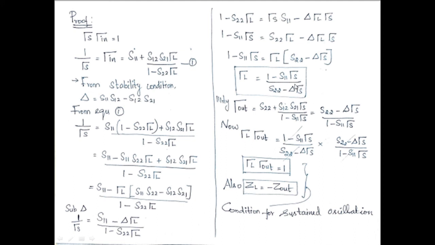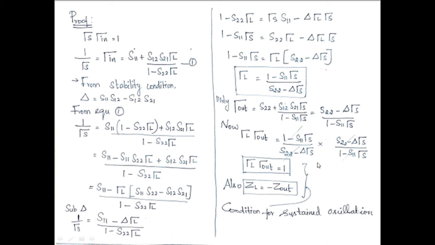But our point is we have to get gamma L into gamma out equal to 1. Okay, so already we found gamma L. Now gamma out based on the S-parameter formula is actually (S22 plus S12 S21 gamma S) divided by (1 minus S11 gamma S). When you compare with gamma in, S11 is replaced here by S22. Therefore, by using the same way, we can get (S22 minus delta into gamma S) divided by (1 minus S11 gamma S). But our relation is what? Gamma L into gamma out equal to 1 we have to find. So gamma L into gamma out, when you substitute these two values, both are reciprocal, that will cancel and you will get 1.